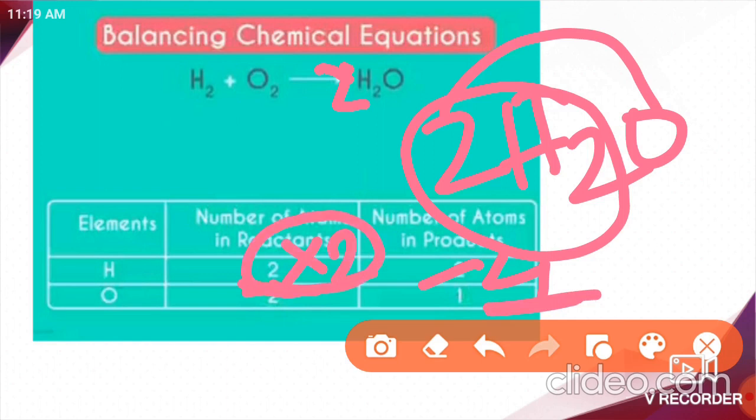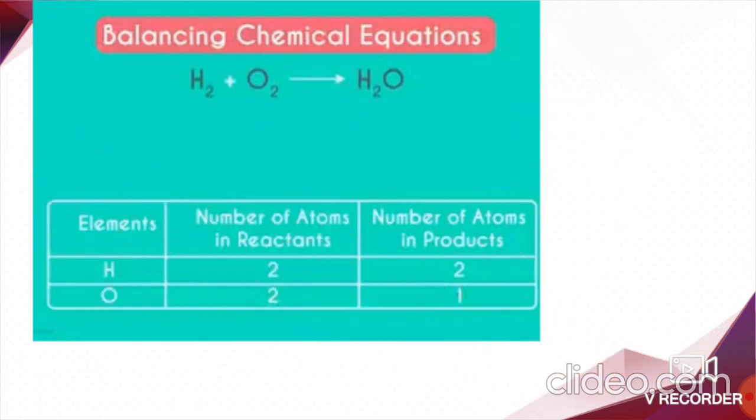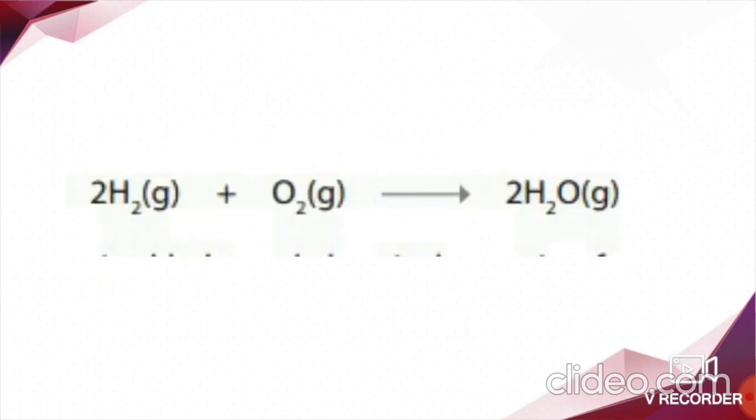It will become 4. Where did I multiply? In the reactant side. To what did I multiply? To hydrogen. So where exactly in the reactant is hydrogen present? Here. Simply write 2 here like this. It will become 2H2. Means this 2 gets multiplied with this 2. They will become what? 4 hydrogen atoms. Got it? Finally, you will get the equation like this: 2H2 plus O2 forms 2H2O, that is water. Got it? How to balance?